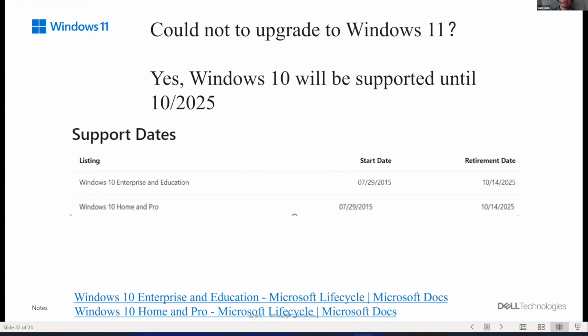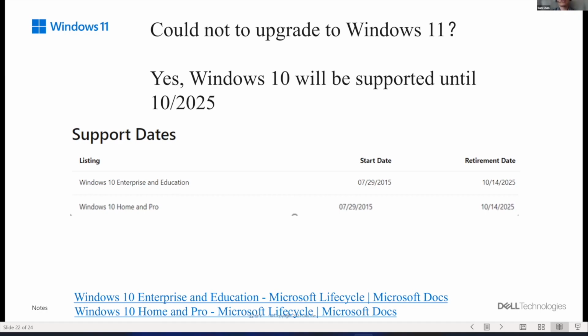Then another common question is: what if my device cannot upgrade to Windows 11, or what if I just want to stay with Windows 10? How long will Microsoft support Windows 10? Windows 10 will be supported until October 2025. Microsoft will keep providing security patches and quality patches, but new features will only come to Windows 11.